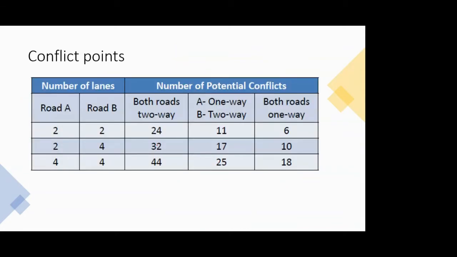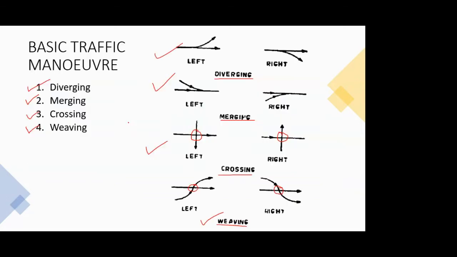And something related to maneuvers. So as I told you, in crossing, whenever 2 vehicles are going to cross each other at 90 degrees or maybe at some angle, this is termed as a conflict point. That is the point where, if neither of the vehicles slows down, they are bound to go into an accident. So that is a conflict point.